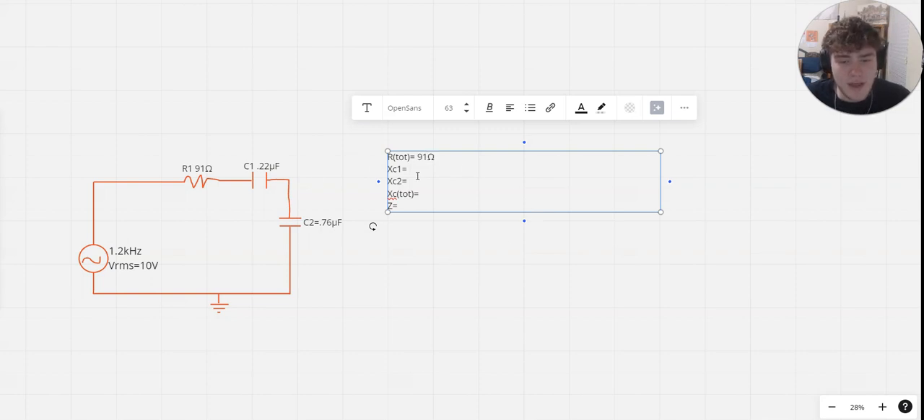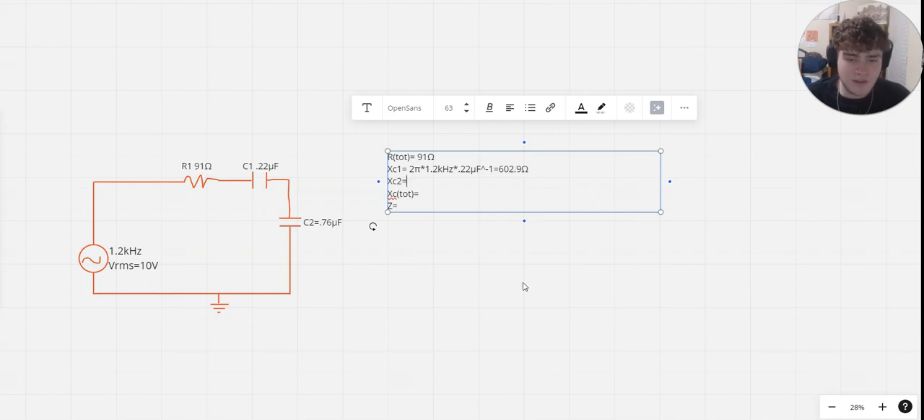Now to find XC of capacitor 1, which is the reactance of this capacitor, we're going to need to do 2 pi times the frequency of the circuit, which is 1.2 kHz, times the capacitance of this capacitor, which is 0.22 microfarads. Can't forget about this part, because it's all to the power of -1, also known as the inverse of this equation, which after you punch that into the calculator, you should get 602.9